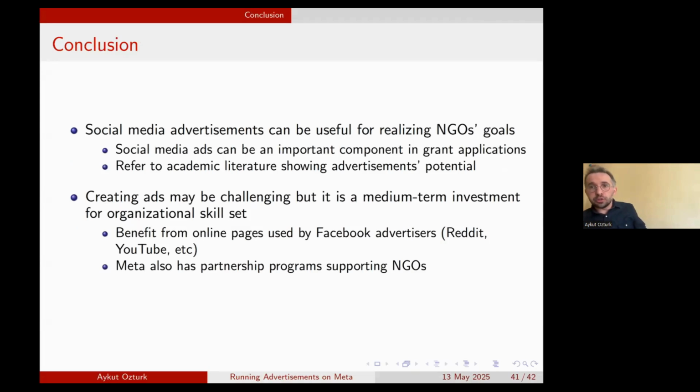So to conclude, social media advertisements can really be useful, I think, for realizing NGO, non-governmental organization, goals. Our own experimental research shows that social media ads help. There is research conducted by academics in other countries as well, showing similar results. There is also some academic research showing that ads are not helpful